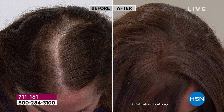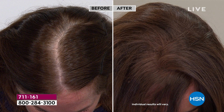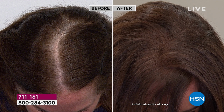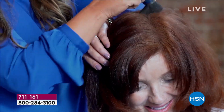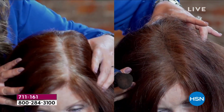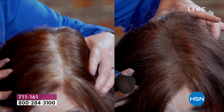So here's where it's different. Not only is it concealing, you just brush it on and it blends beautifully, but it actually gives you the appearance of fuller and thicker hair. So it's kind of like a double whammy. Not only are you getting those great roots taken care of, right? That's gonna conceal and disguise that sparseness or maybe that widening part line, also extending your visits in between salon visits. It is also going to give you the look of fuller and thicker hair because it's a